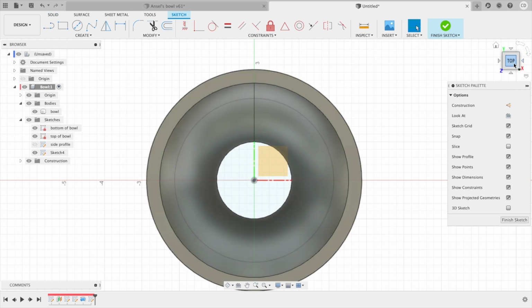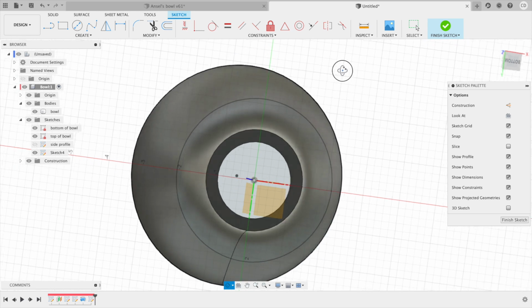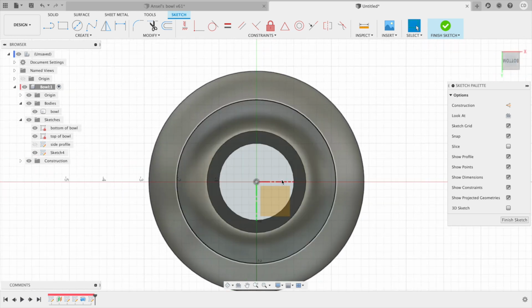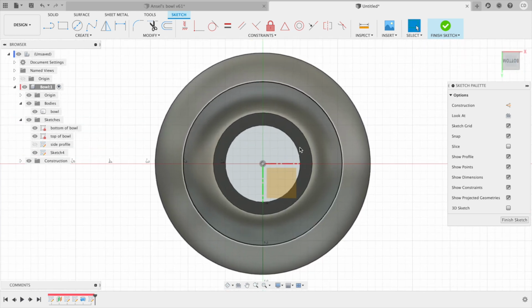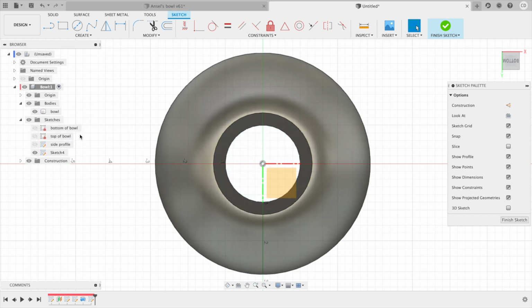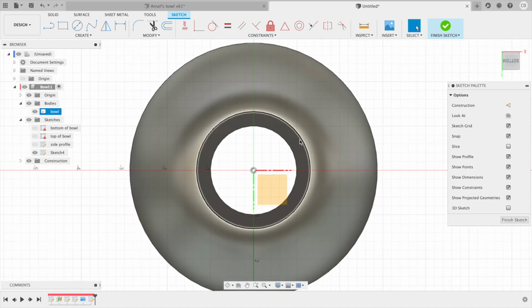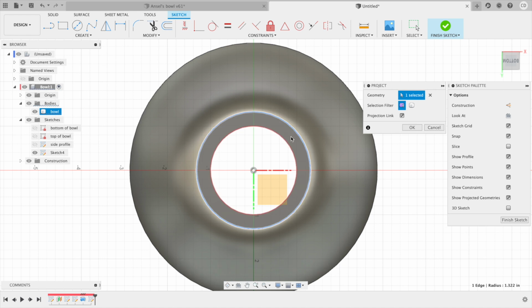I rotate around to the bottom view of the bowl using the little gizmo on the top right. And so now the sketch is active. I hide the other sketches, and what I want to do, like before, is have that bottom profile projected into this current sketch. So I select those lines that I want to be projected and hit OK to project them